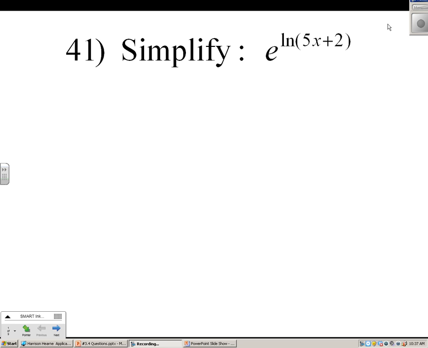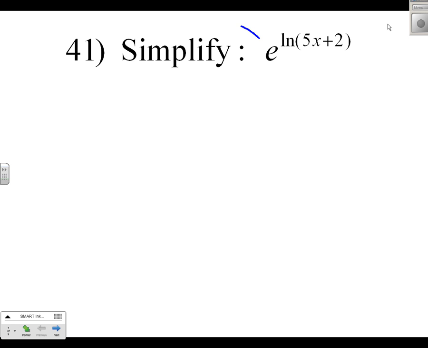I guess I'll title this, this is questions asked from 3.4. So these would be maybe the challenging problems or the tough ones from 3.4. So first one, simplify e to the ln 5x plus 2. If this question is being asked, which it was commonly, in fact, the next two slides are like this too,